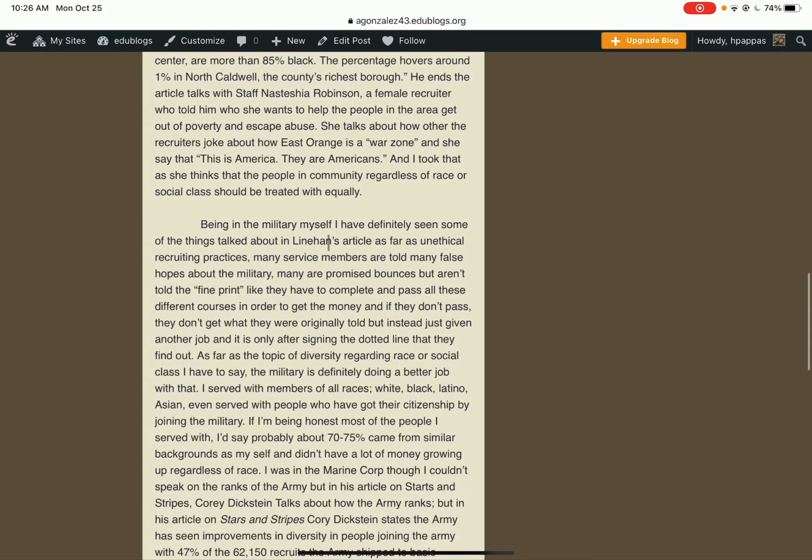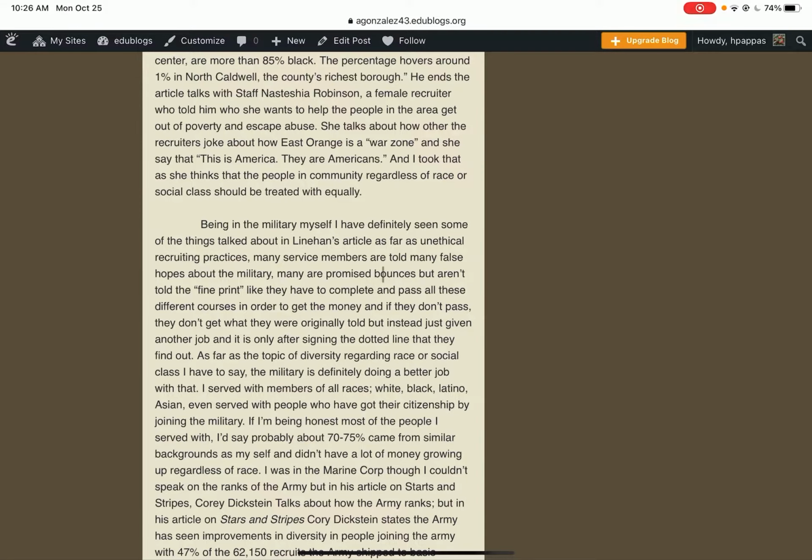When he gets to paragraph 5, he transitions from his summary of the article to his own response. Because he was in the military himself, he had a connection and knew something about it.